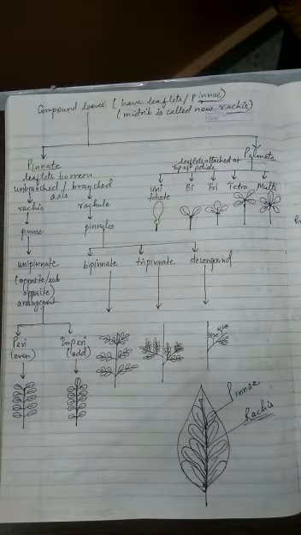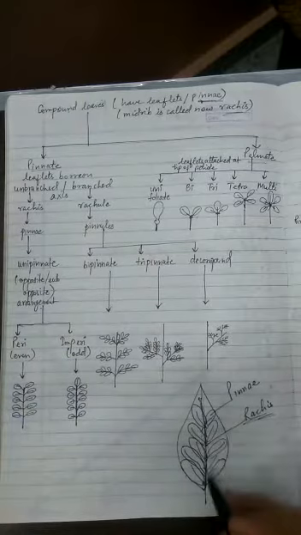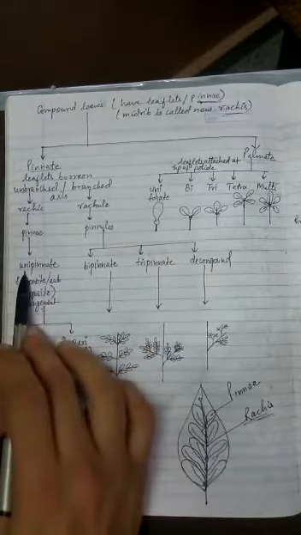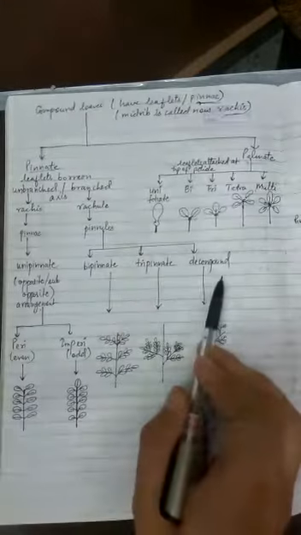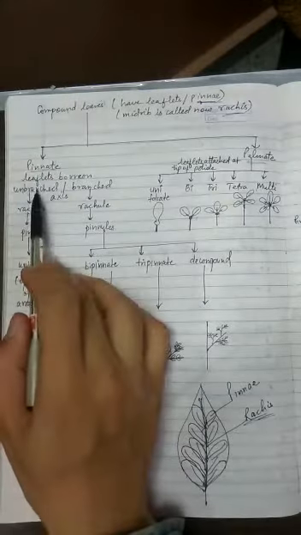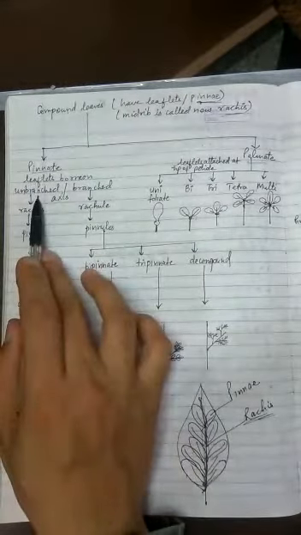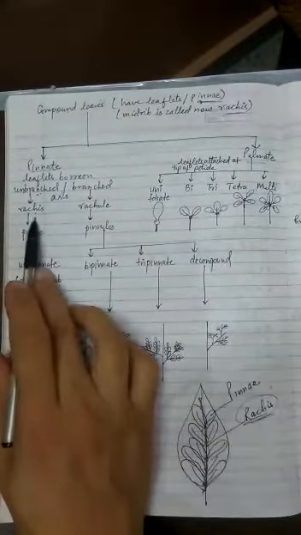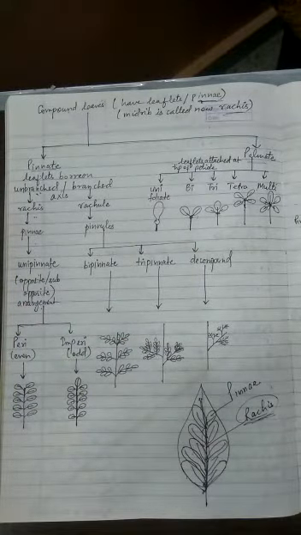So now what exactly happens next? Pinnate, it can be pinnate leaf. So in pinnate leaf, the rachis is present. Now rachis will carry pinnae, and it can be unipinnate, or it can be bipinnate, or it can be tripinnate or decompound. Now let's quickly go through this whole concept. If the axis on which the leaflets are attached is unbranched, you will call that unbranched axis the rachis, and the leaflets attached are called pinnae. Now let me show you an example.